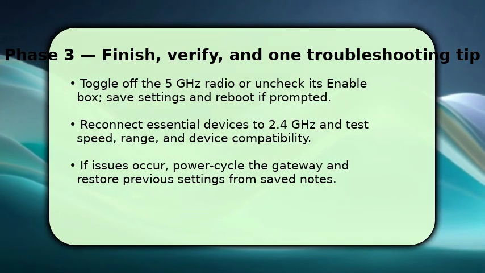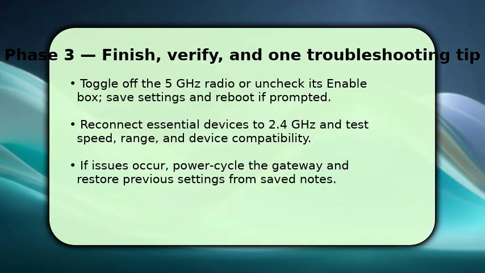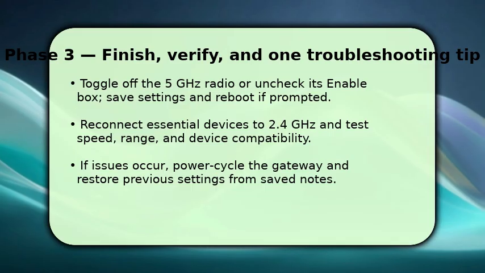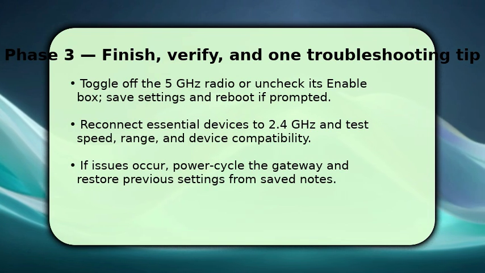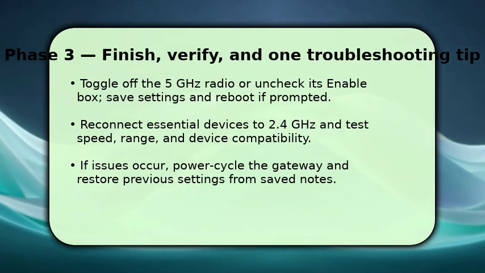If something fails, power cycle the gateway and try again, or re-enable 5 GHz and confirm settings. One key troubleshooting tip: if devices can't find the network, check SSID visibility and ensure